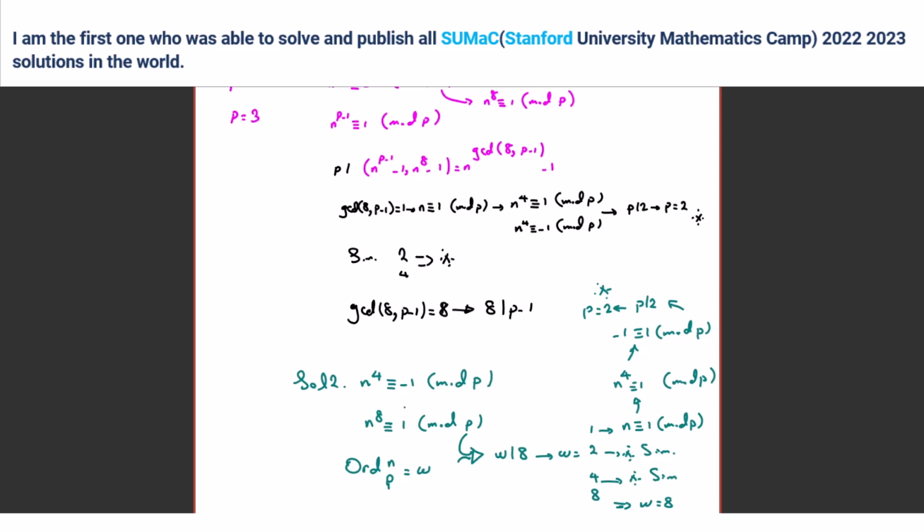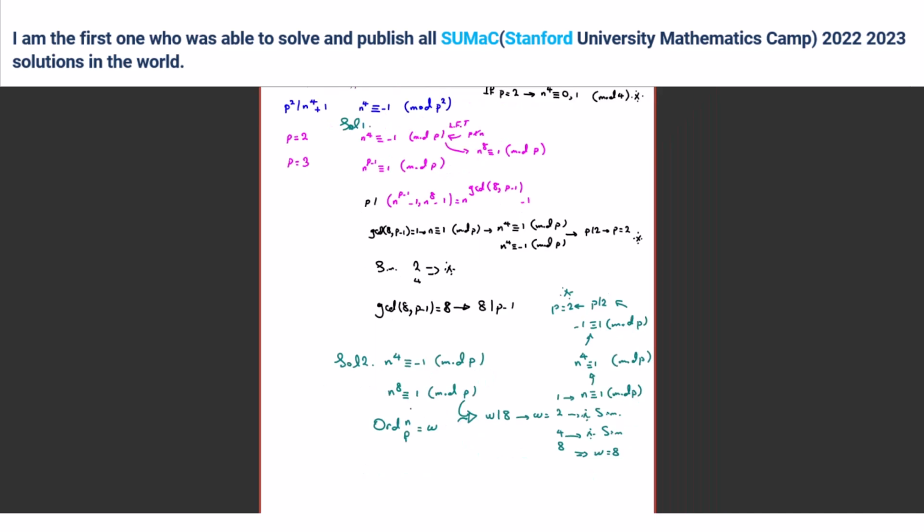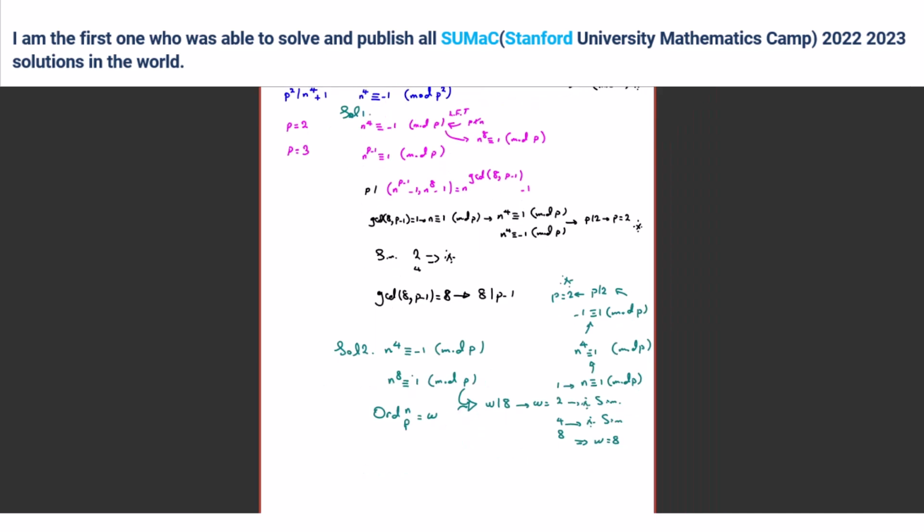In one step, we can prove this. So 8 divides P minus 1, because W is 8, and we know n to the P minus 1 is 1, the rest is the same. Mod P, then we can say 8 divides P minus 1. And from here,